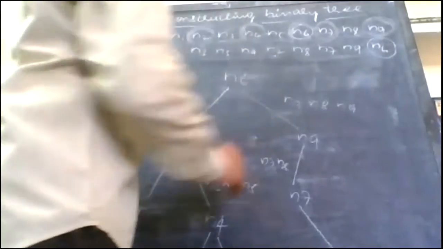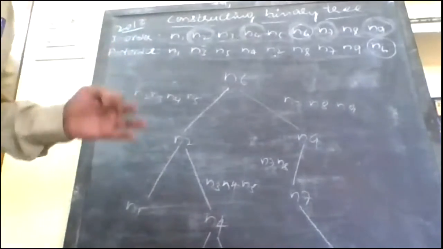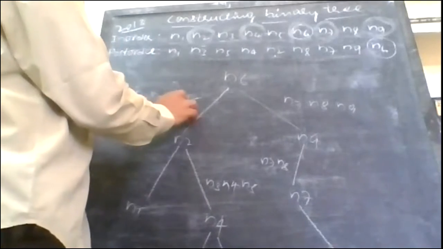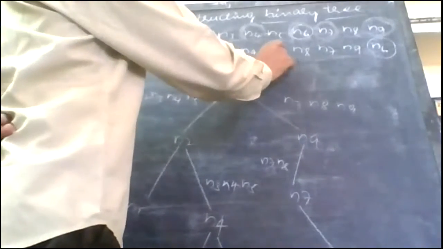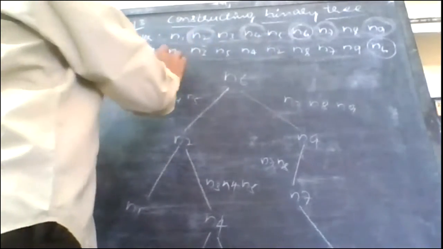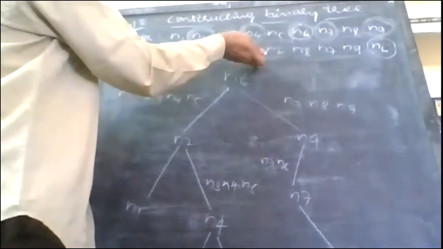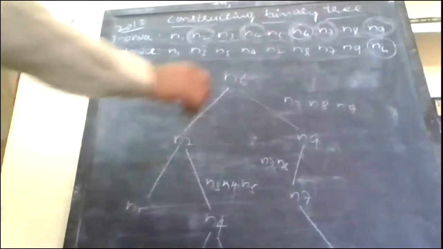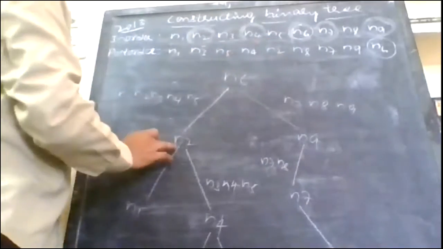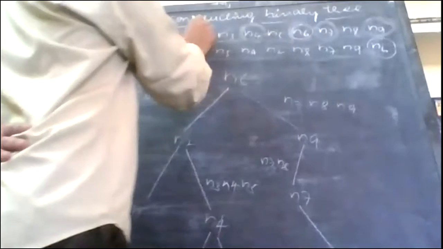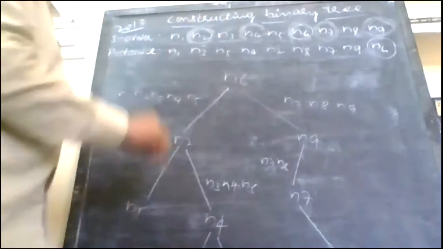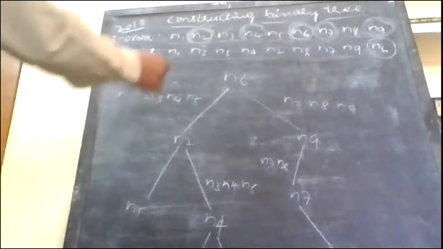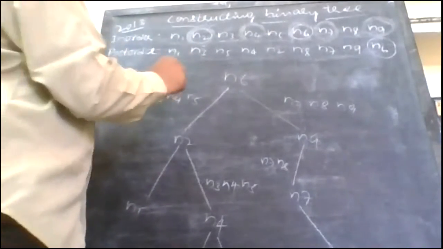And on the right side N7, N8, N9. Okay, one thing you remember: first we need to complete the left subtree. Left subtree means we have to look at these elements N1, N2, N3, N4, N5. So when I scan this post order from right to left, I find the first element is N2. That I mentioned here. Now I have to go to the in order and mark it as a root. Then I need to find out how many nodes are present on the left side of this root and how many nodes are present on the right side.